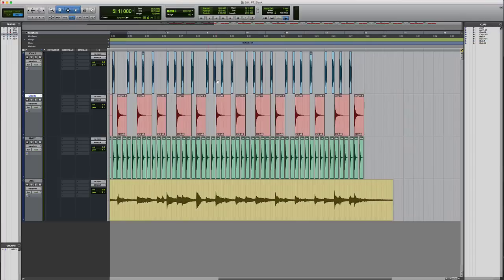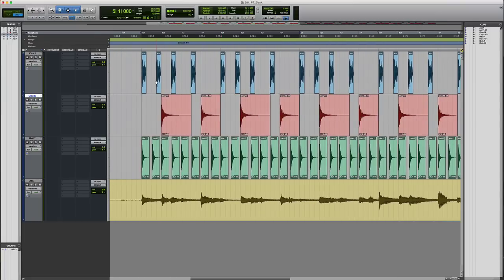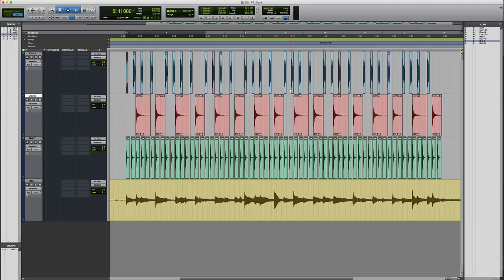Now, say I've done this and I come back later and realize, oh, I don't like this drum sample for the kick. I wouldn't want to replace all of these one by one with a new sample, and you don't have to. Pro Tools allows you to replace every clip and the copy of it throughout the session, and even across multiple tracks. So I have another kick here in the clips, kick 10,